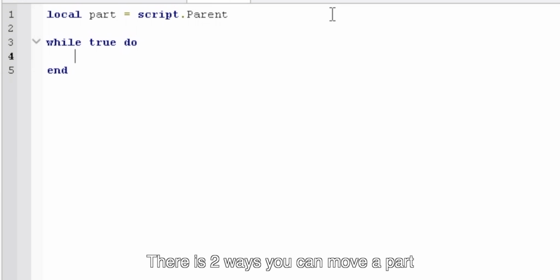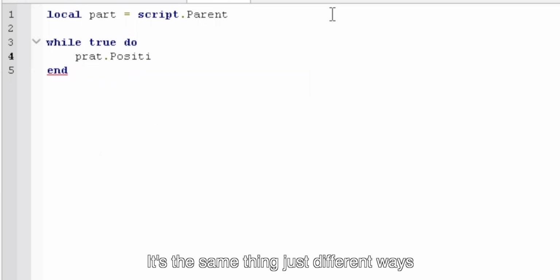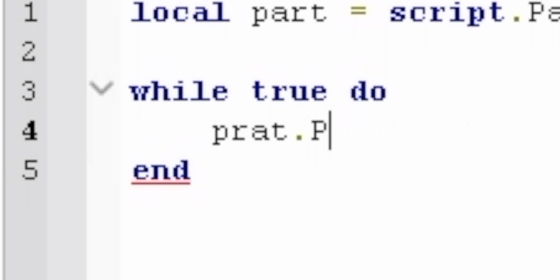Okay, there's two ways you can move a part. Well, it's the same thing, it's just different ways. Why did I put Pratt? But anyways,